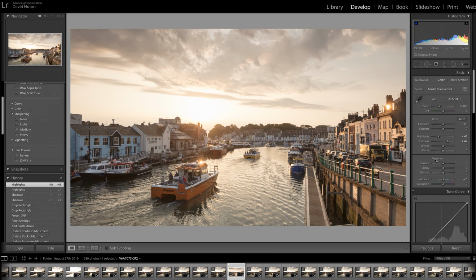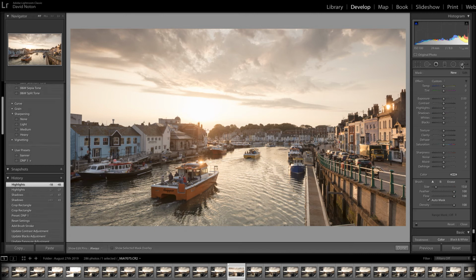Well, a few key things, but the first thing that draws my attention is this area in the distance, down the harbour. There's a flare causing a lack of contrast in that area. It's all part of the shot, of course, but there are things we can do to just pull that back a bit. So I'm going to use the adjustment brush here. Click on the adjustment brush, that tool there. Now what I want to do is just come down here and make sure auto mask is ticked, and also click on show selected mask overlay, and now adjust my brush size